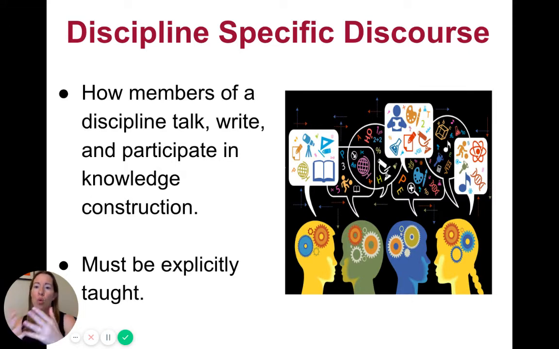And here's what I mean by that. We are all a part of the discipline of education. So we're all educators, and we speak in a certain way. If I were to try to go to an engineer's meeting, it would be very difficult for me to meaningfully contribute to their conversations because I just don't know the lingo. I don't know the way they approach their problems and their issues. And the same in reverse. If an engineer tried to come to an IEP meeting, they would not be successful. They would have no idea what the acronyms meant. They wouldn't understand the way that we talk about and address the problems that we do in education.